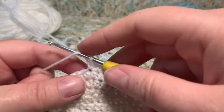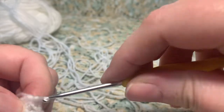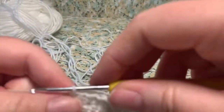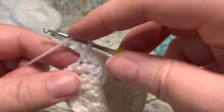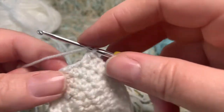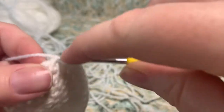We're going to start with our 2 half double crochet stitches in the next 2 stitches. That's 1 and 2. Then 2 half double crochet stitches in the next stitch, 1, 2. Now 1 in the next 2, 1 and 2. Then 2 in the next half double crochet stitch, 1, 2,